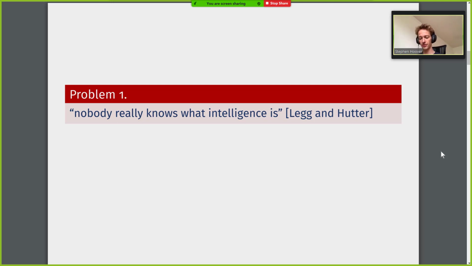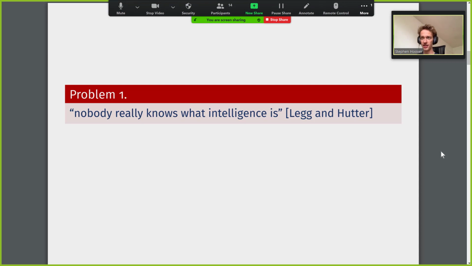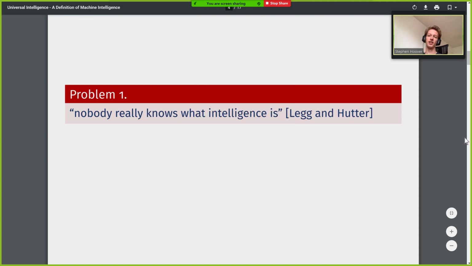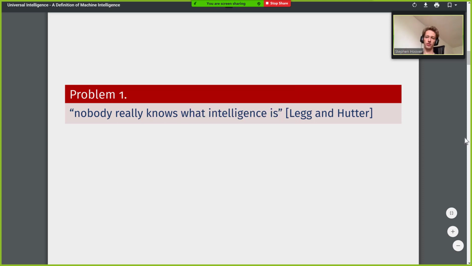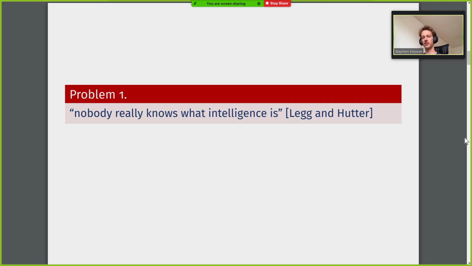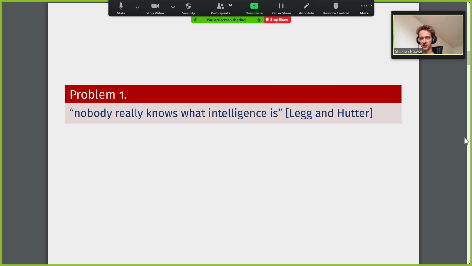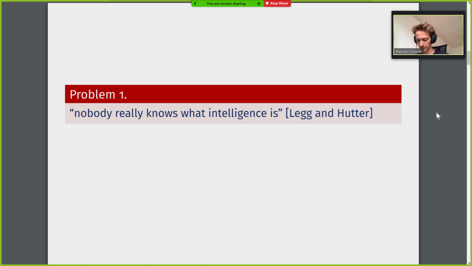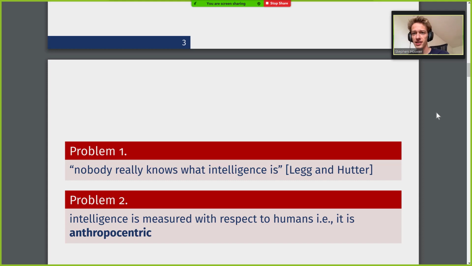So what he did in this paper here is he collected informal definitions by experts, and he tried to extract their essential features. As he mentions, going through every book that talks about a method of describing intelligence is just not feasible because there's so much other information that surrounds it, especially since this work was published in 2007. Full text search of entire books was even slower then. So we can go to the next slide.